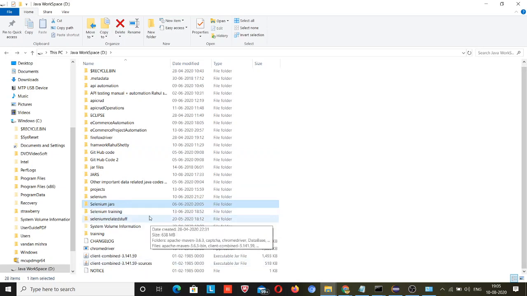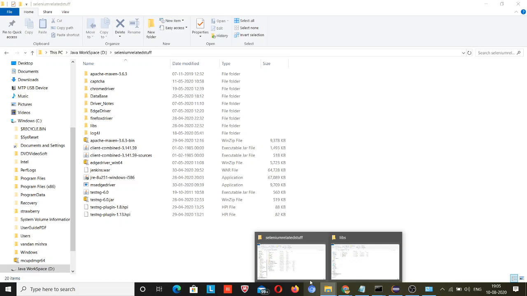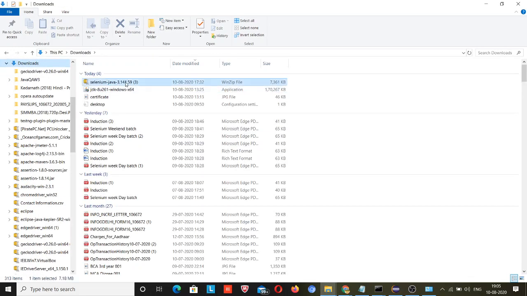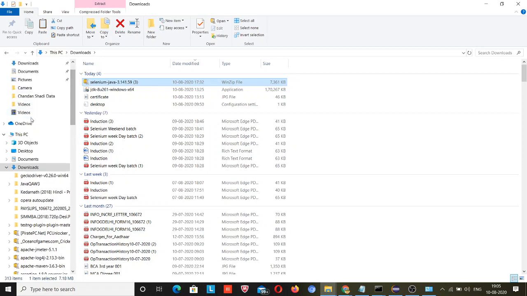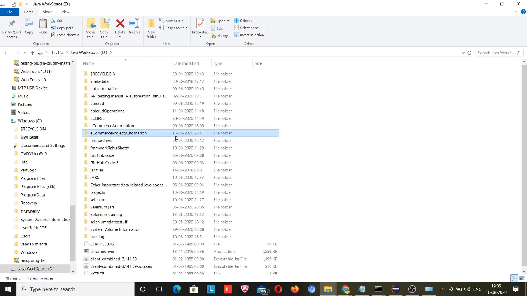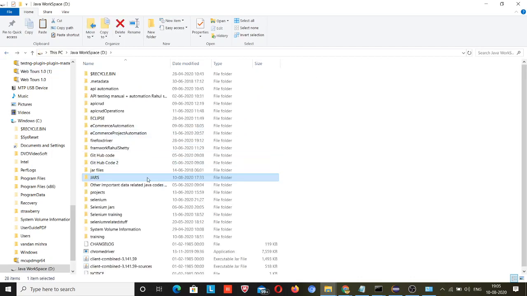Selenium related stuff I have saved here. I will be copying this. I am just showing you what your jars actually are. There may be a jars folder here. I have already done it, so I need not do it again.